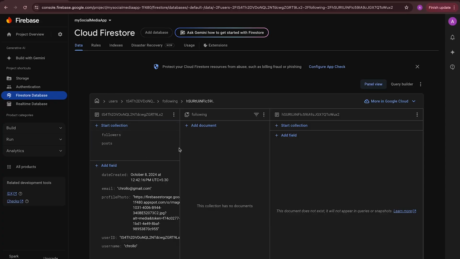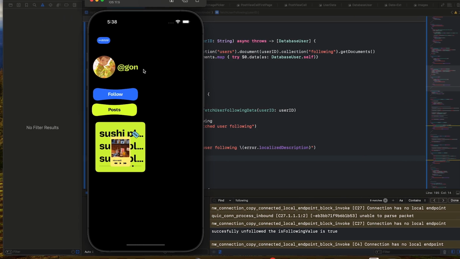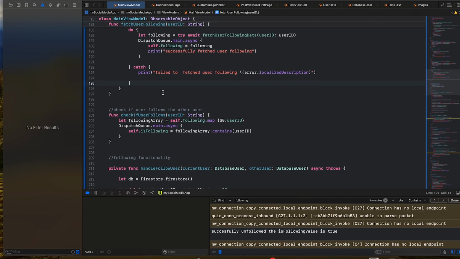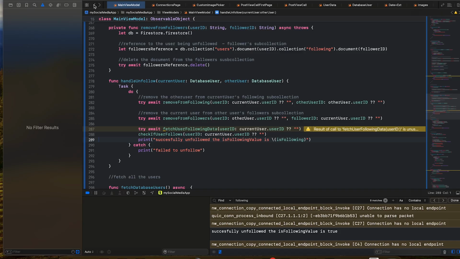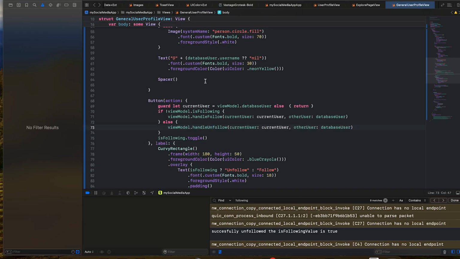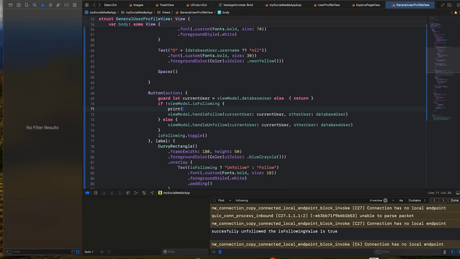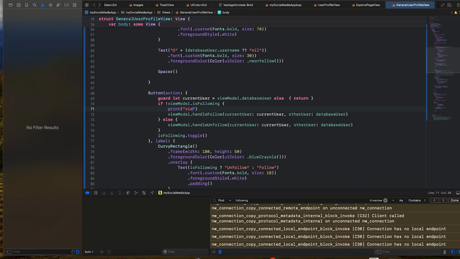And we don't have any following array anymore because we are just following one person and that is removed. So this is fine, but now I'm still thinking, why is it not updating in real time? So what could we do here basically? So coming back to our code, I think the functionality being passed on here is that even though we could add a print statement that states view model is following is actually